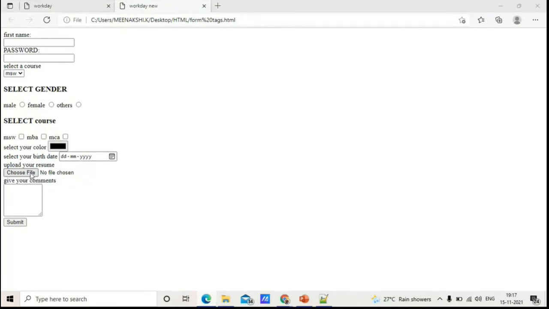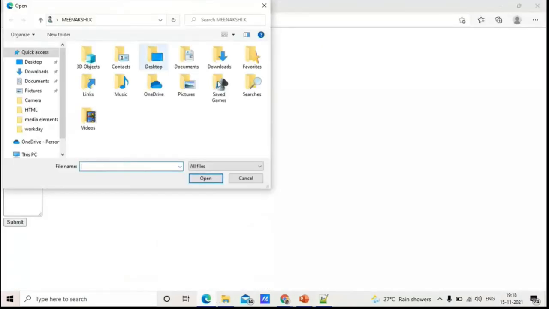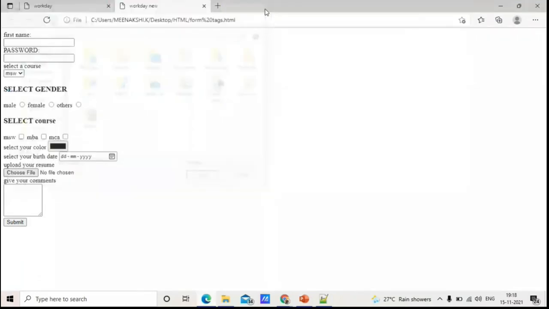If you click choose file, it will go to some files, and the file will not be entered yet. It will have some other options, but these are the basics of how we upload it. For uploading, you can choose from any documents, put your file and give open. It will not actually upload here. Some other option is there, but this is the basic thing.